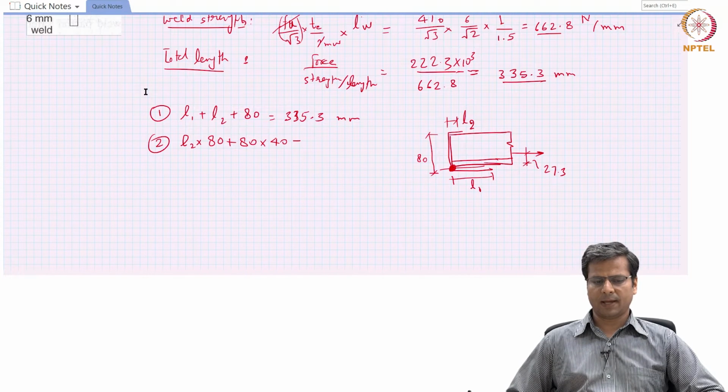That has to balance the total force of, how much is the external force? 222.3 multiplied by 27.3. So this is the total force, 222.3 kilonewton, that is acting at a 27.3 millimeter distance from that point. Okay, and